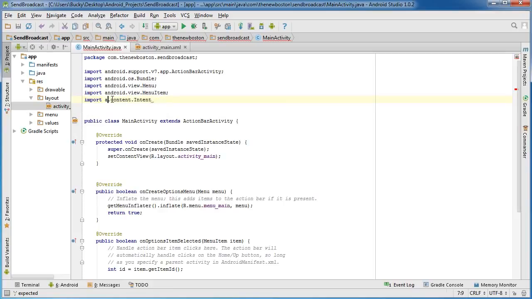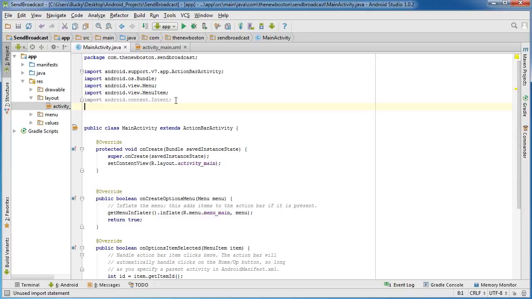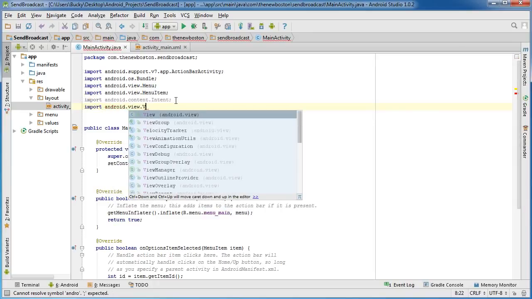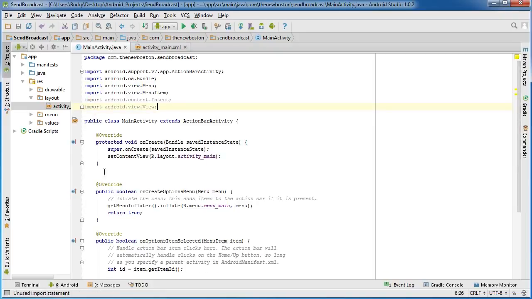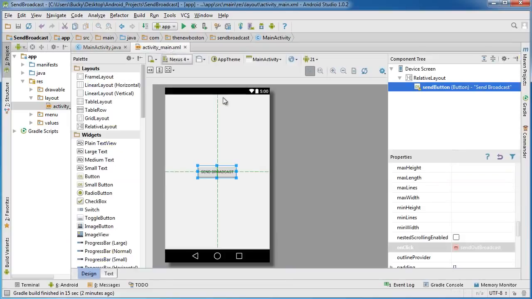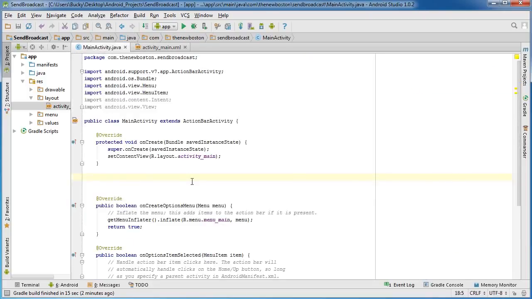android.content.Intent, and I spelled Android wrong, so make sure you don't do that. And of course import android.view.View. Alright, so the only thing that we need to do here is build one method, and that method is send out broadcast, because that's the only thing that this activity and this project is essentially going to do. So public void send out